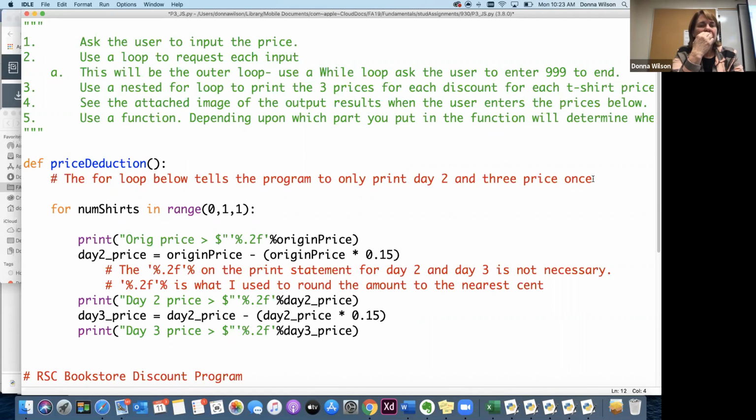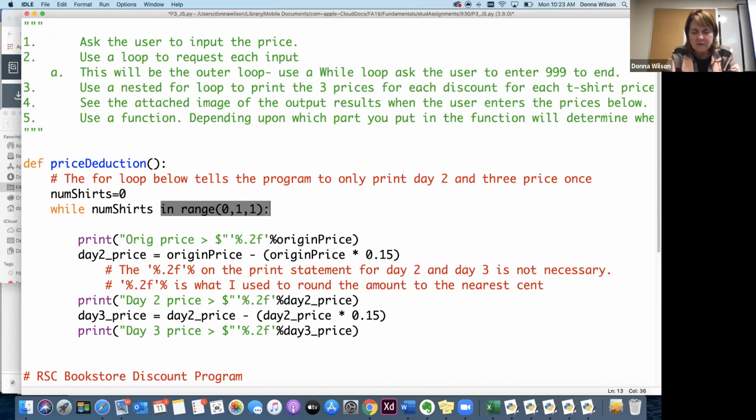What's she using as the control variable? No, right here inside the for loop. What's the variable that's controlling when it stops and ends? Num shirts. So that means I've got to go here and initialize it. And we want it initialized to what? 0. So here I would start it out, then I would change this to while num shirts is less than